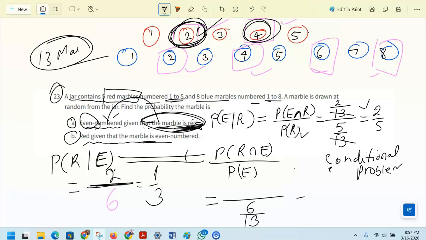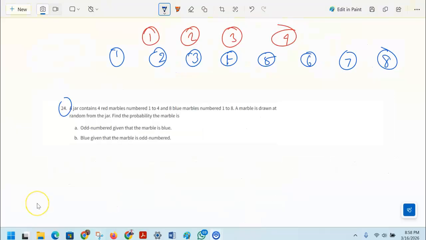Okay, and red and even there are 2 out of 13. So this is how you do it and get the same answer here. Okay, let's do another. Question number 24, almost the same thing, but this time we have 4 red,